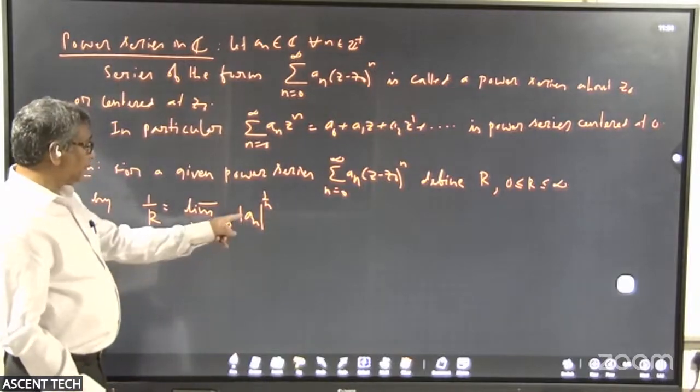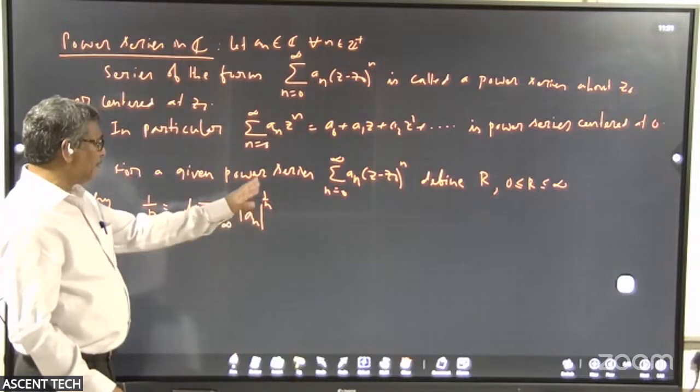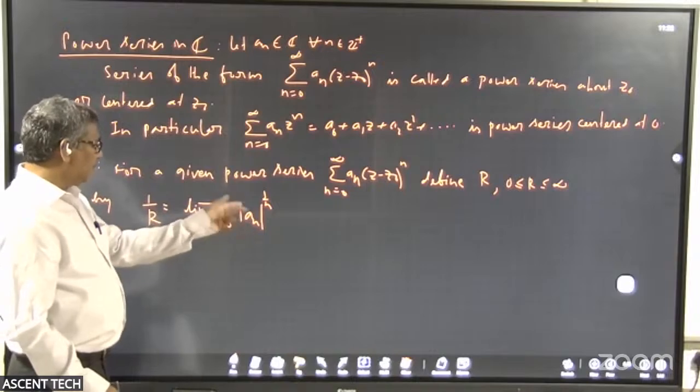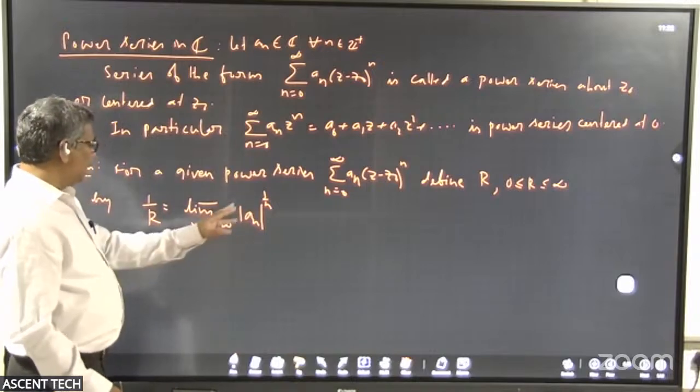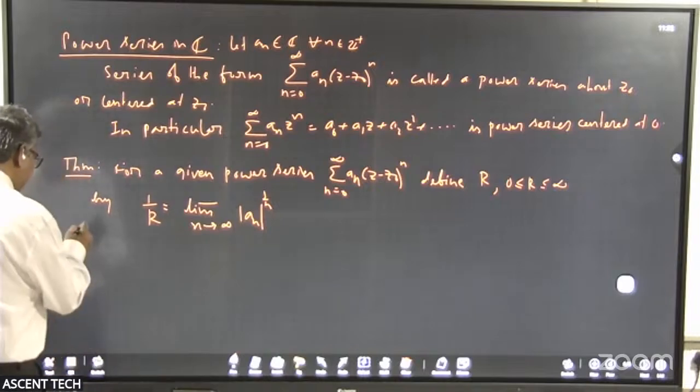In case the reciprocal is infinite, R equals 0. I am allowing that also. Anyway, mod a_n to the power 1 by n is non-negative, and so the limit can be 0 or infinity. If it is 0, R is infinity. If it is infinity, R is 0. I want that. Okay, then